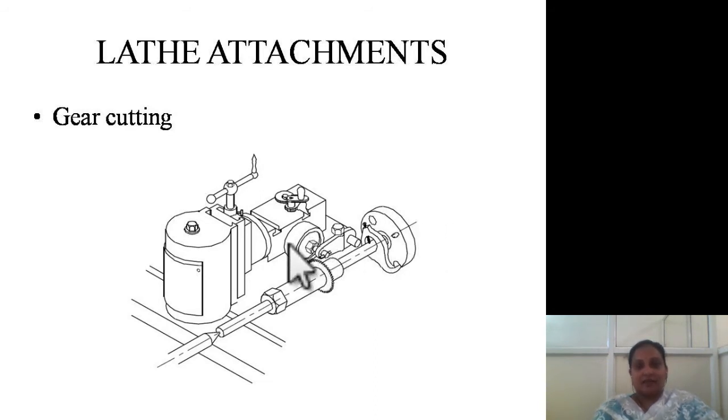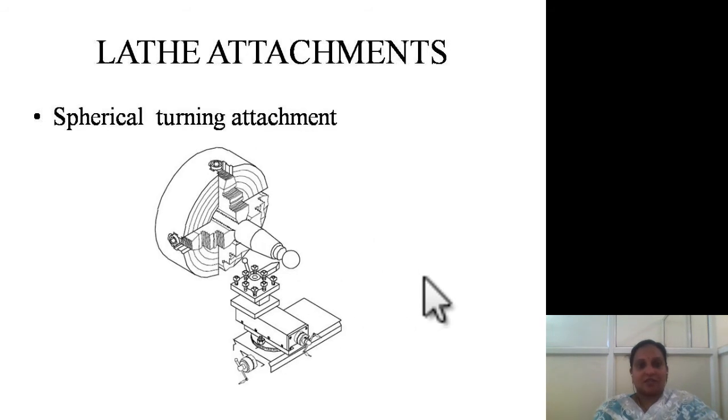See, here you have a gear cutting tool and here you have the required gear. Okay, so this will be moving and the gear cutting tool will cut the gears. So this is about the gear cutting operation. Next one is the spherical turning operation. See, this workpiece is fixed in the chuck, and here you have the cutting tool. This cutting tool will make this spherical turning over this workpiece, and for this what we need is an easily movable, means flexibly moving, tool post.